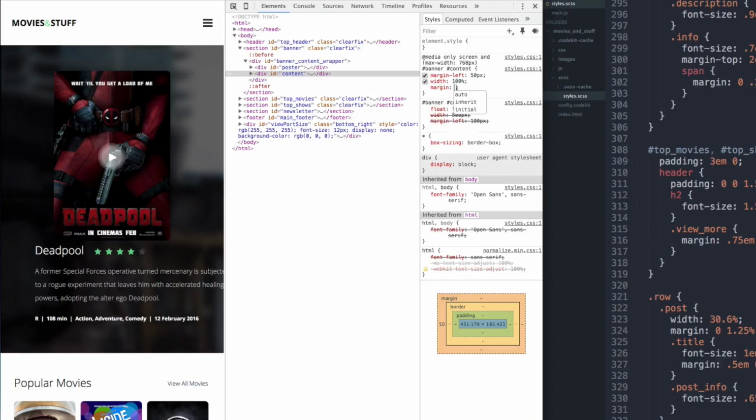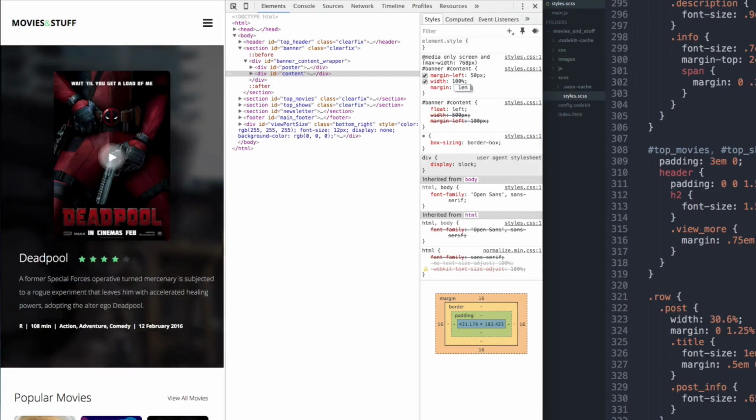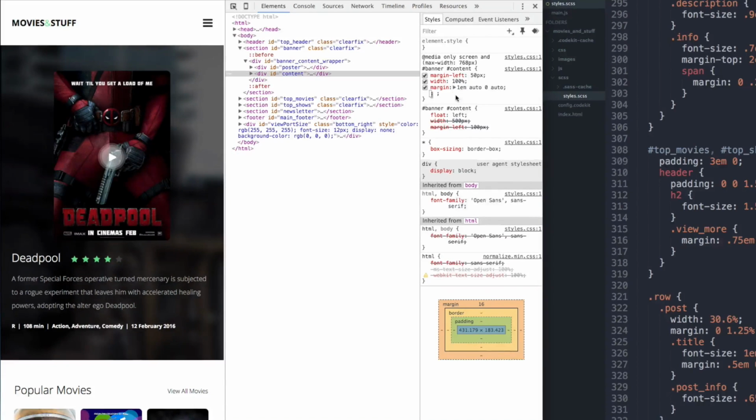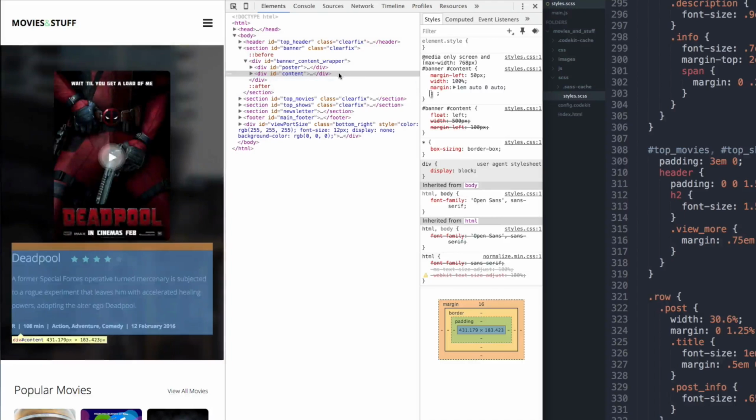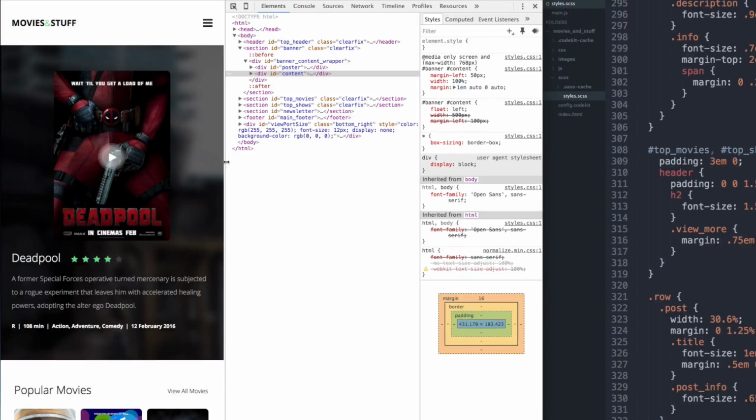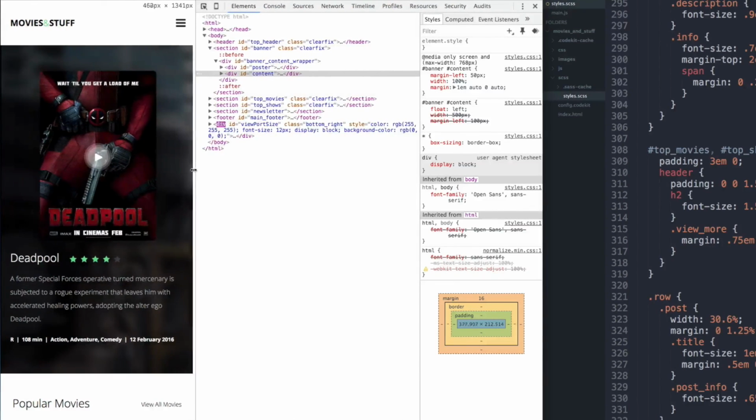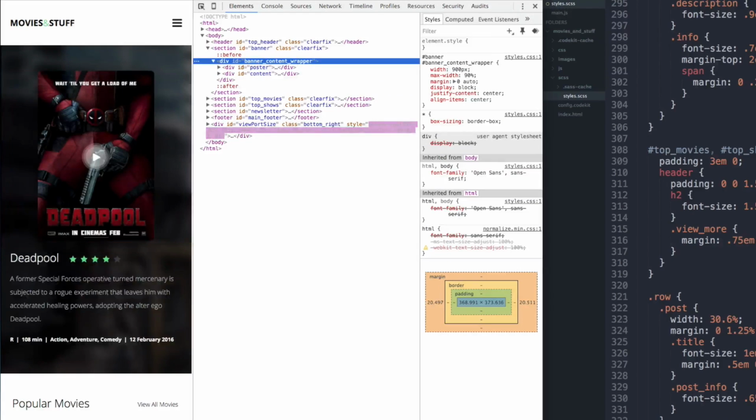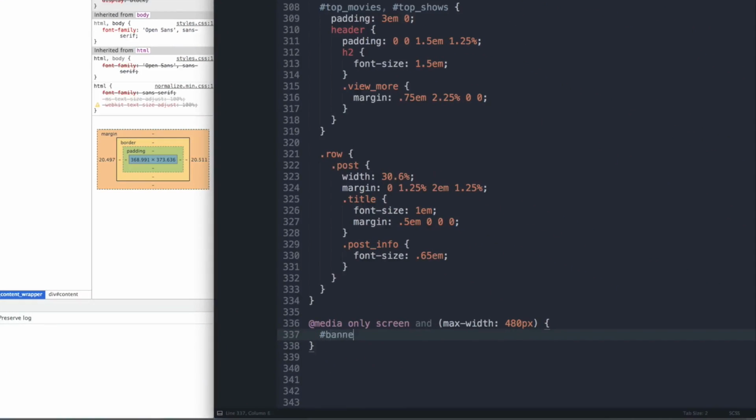Let's remove the margin left. So we're going to do margin of 1M on top, auto, and 0 and auto. That way it's width of 100%. It pushes off the poster a bit. So that looks pretty good. I think that's all we need, actually. So what I'm going to do is just copy that stuff over. Let's go to Sublime. Let's do banner